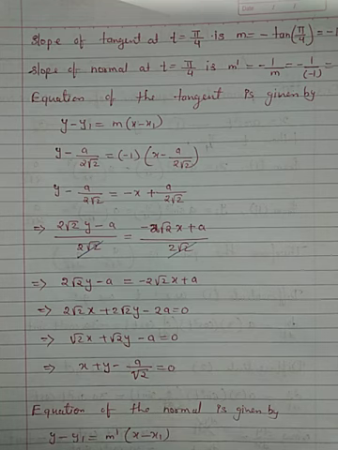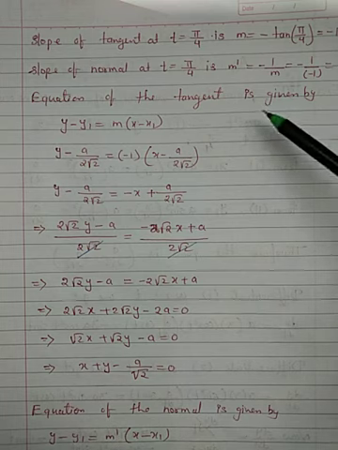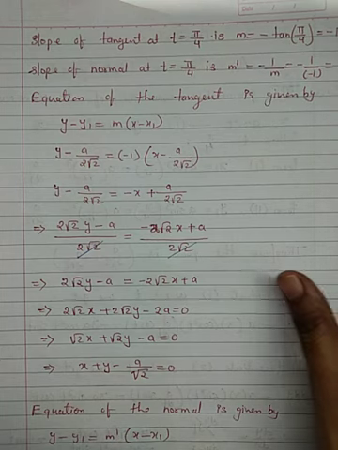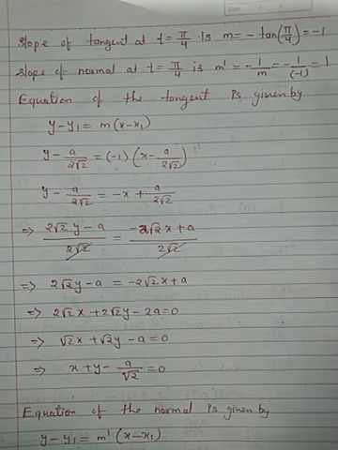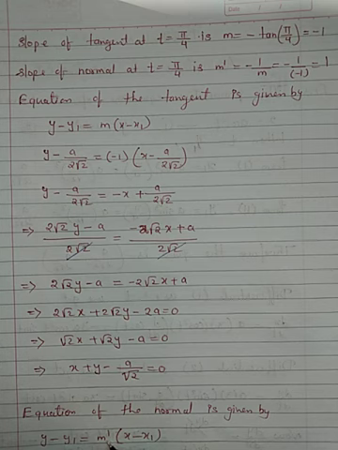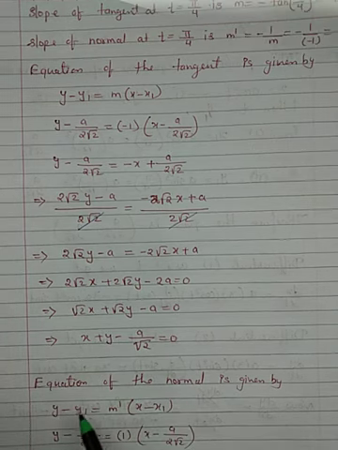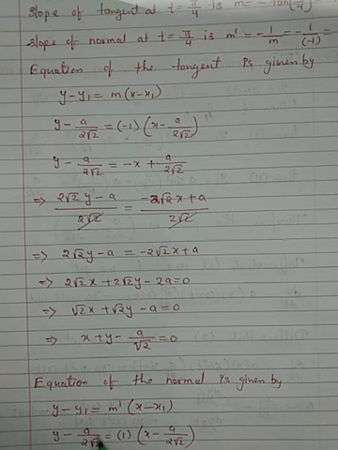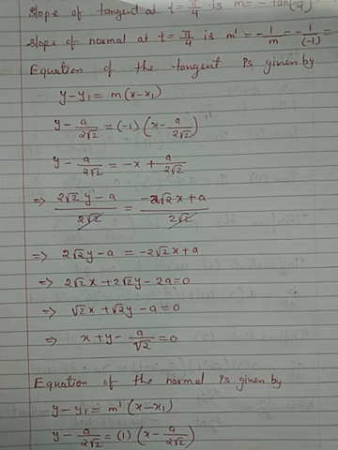Same, using slope point form: y minus y1 equals slope of normal, that is m dash, which we have already calculated, which is positive 1 plus 1. Okay, can you see? It is plus 1. Y minus y1 equals slope of normal into x minus x1. See children, put the values x1, y1 and slope of normal. Just solve it, you will get the equation of normal.